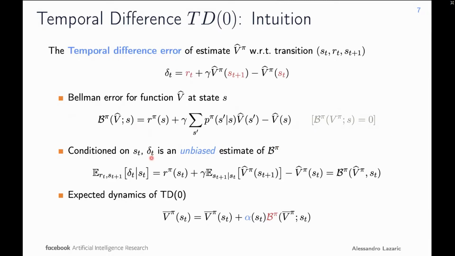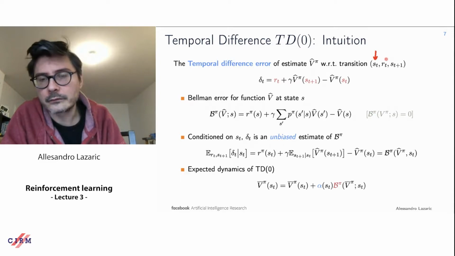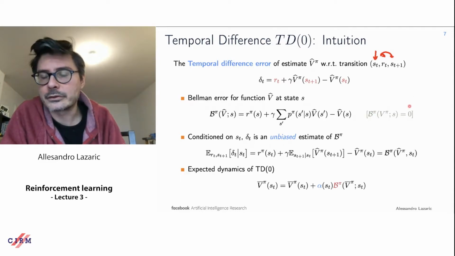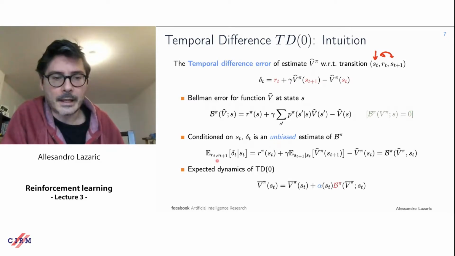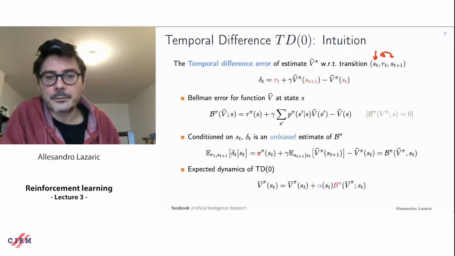Now if I take this expression out here and I condition on ST, so I'm really fixing this one and just considering the fact that I observed possibly random realizations RT and ST plus 1, and I take the expectation with respect to the two, well, then what I'm getting